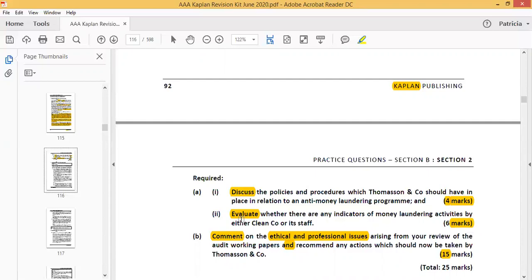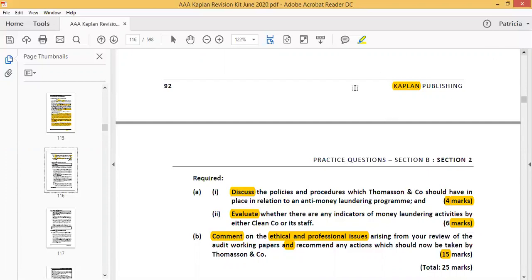You could just introduce the key aspect of money laundering. What is it all about? Here you could talk about money laundering being an act of concealing the illegal proceeds of a criminal activity. So in this case, for Clean Company specifically, you use that knowledge to put this into the question,